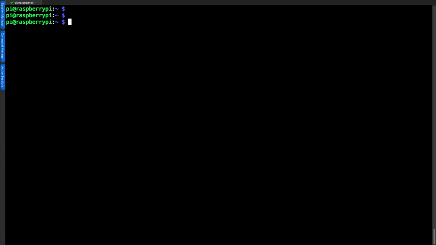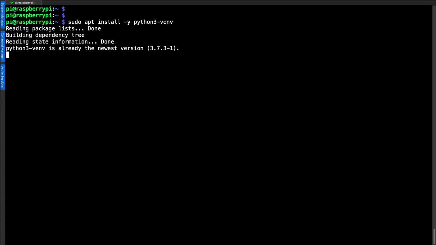An important thing when working with Python is to make sure we're working in virtual environments if we don't need this in our system Python. So we're going to be installing modules. So I'm going to make sure that I've got the Python 3 virtual environment installed. I do, but it would be apt install -y python3-venv. It's showing me that it's up to date and at the latest version. So of course then I don't have to do anything.